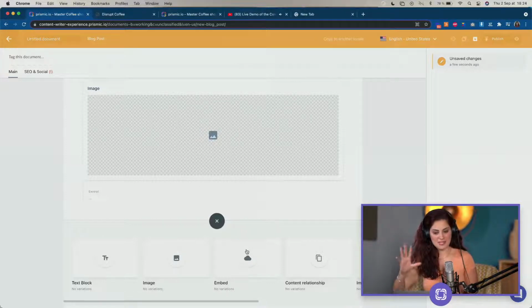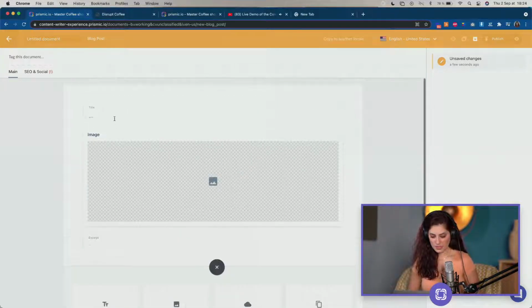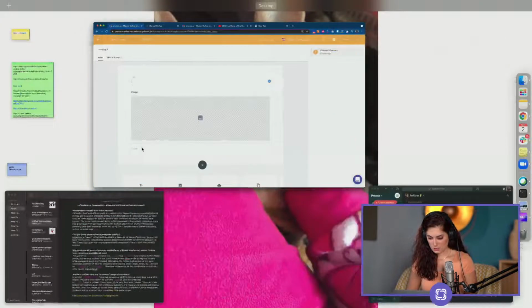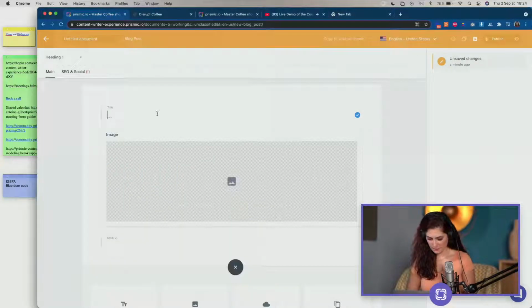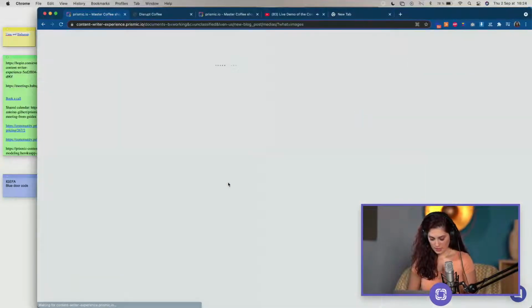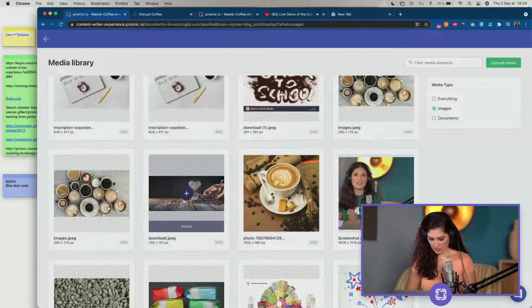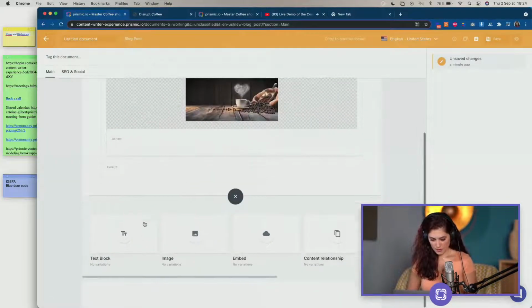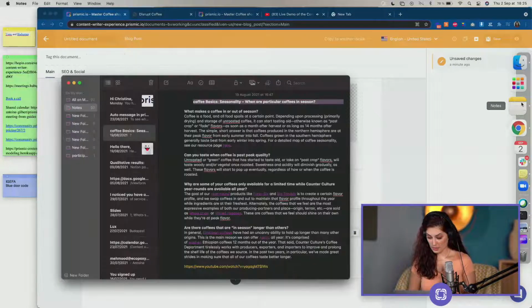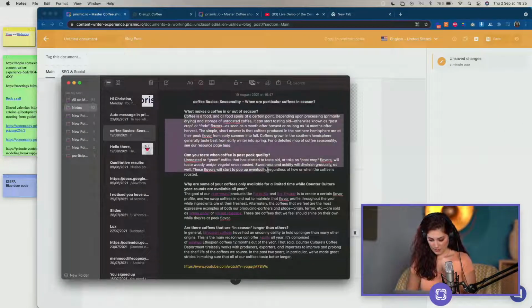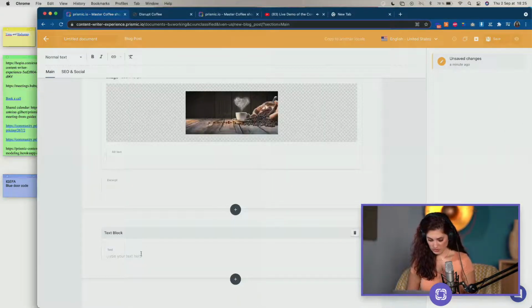It's always on top. I will choose here a small title that I have already chosen. I have already copied some text from online, and then I will choose a banner here, which is coffee. I will follow with a text block, which is a slice containing a rich text field. That's pretty famous in Prismic. And I will copy my text that also contains some